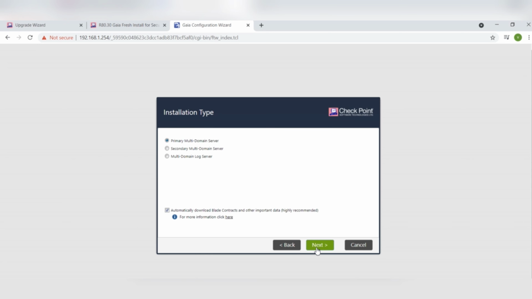Next, this is your primary multi-domain server, secondary or multi-domain log server. So this is a primary because it's personal, and it is very important to select this: automatically download the latest contracts and other information, highly recommended. If you don't select this, there will be some issues when you download the OS while upgrading to the latest version. So if you don't select this option, that OS download will not happen, or there will be some other issues. So we recommend